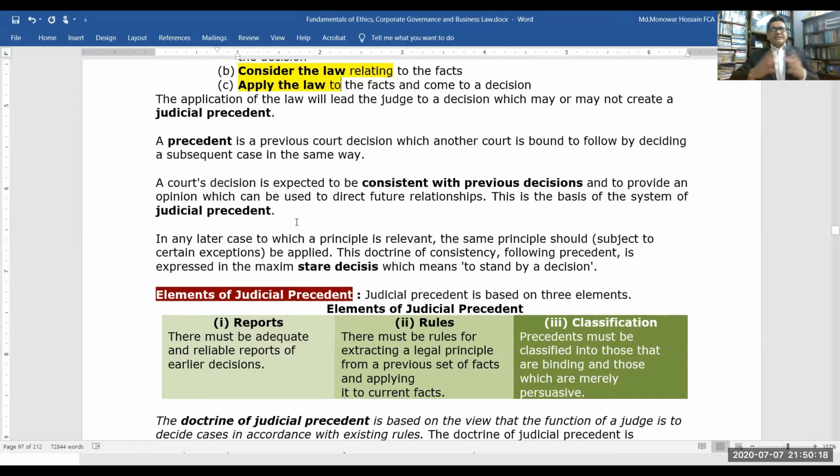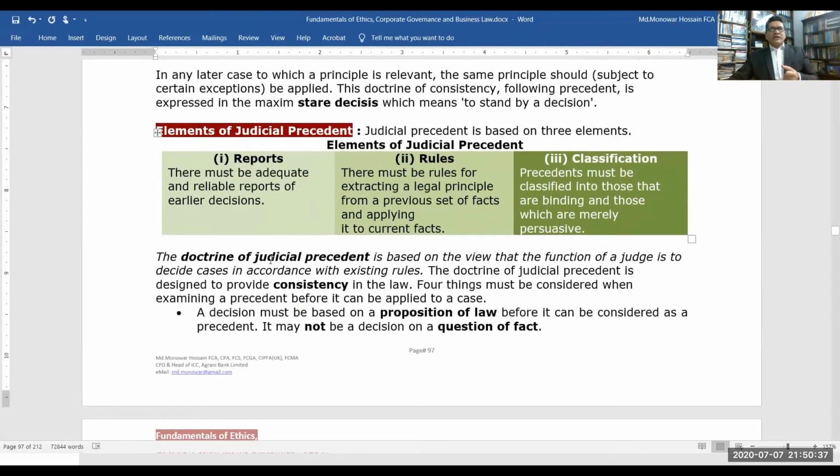A precedent is a previous court decision which another court is bound to follow by deciding a subsequent case in the same way. The elements of judicial precedent, the 3 elements, are